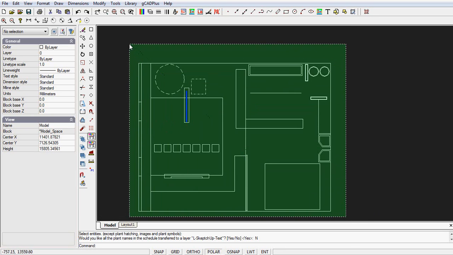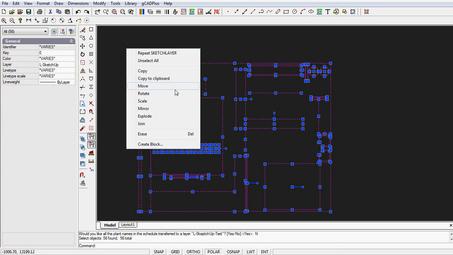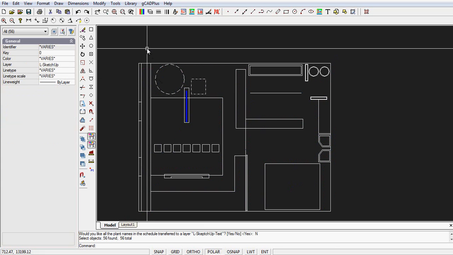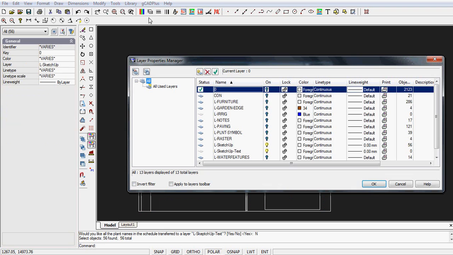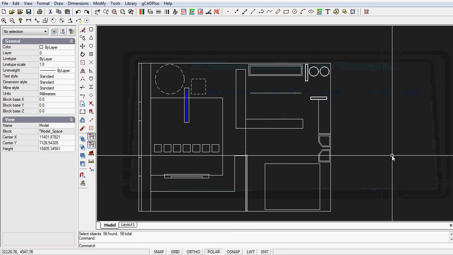So we now just select those elements and right click and copy to the clipboard. Those elements have been put on their own layer, and maybe we can now just check that. You can see all the layers have been turned off other than a SketchUp layer and a SketchUp text layer, which we haven't needed in this particular instance. If we'd gone further and done a planting schedule, all the names of the plants would go onto that SketchUp text layer. But at the moment I'm interested in just giving the client a feel for the 3D space that we've designed. So I've copied all of this to